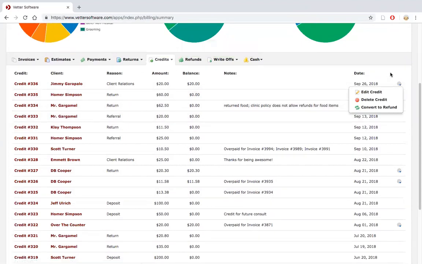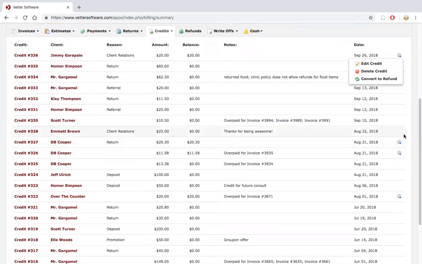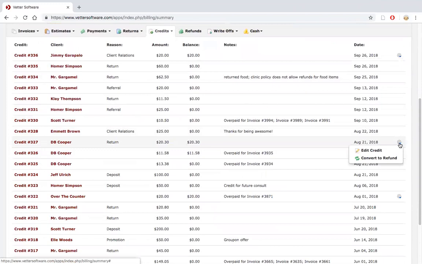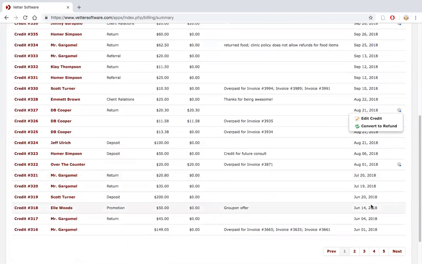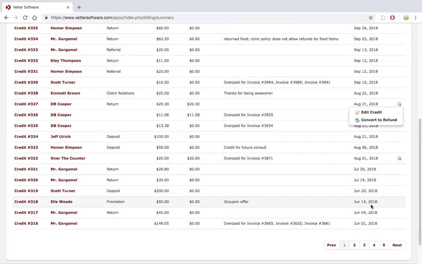If the credit was part of an invoice against which a payment had already been taken, and let's say the credit hadn't been applied, so there's a credit sitting on an invoice, and the credit wasn't applied, but there was payment taken on the invoice. Unfortunately, you're not able to delete the credit, and this is one area where Vetter is going to improve, because